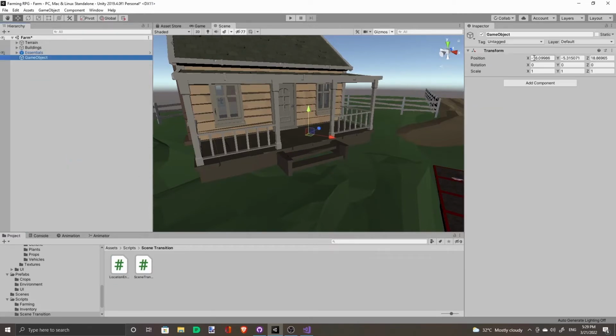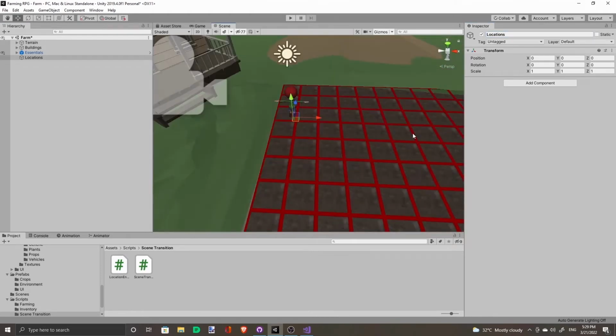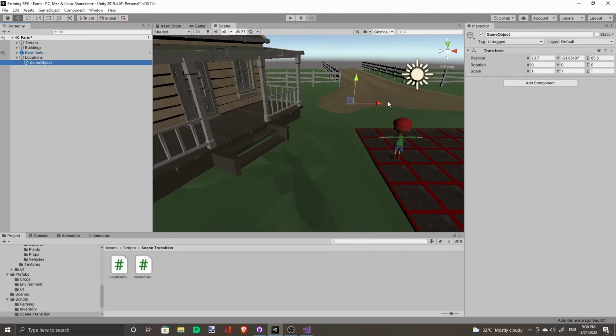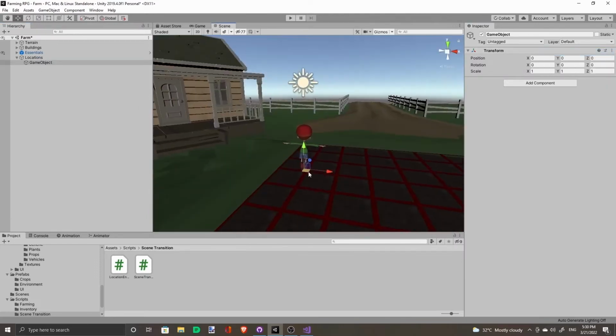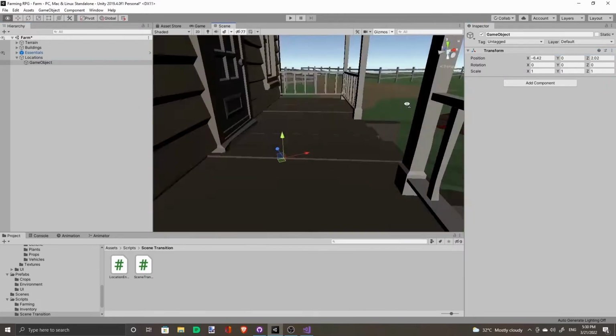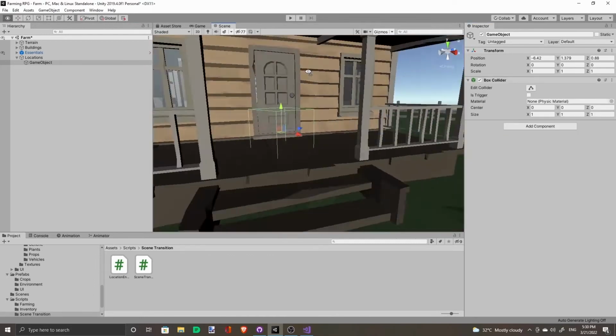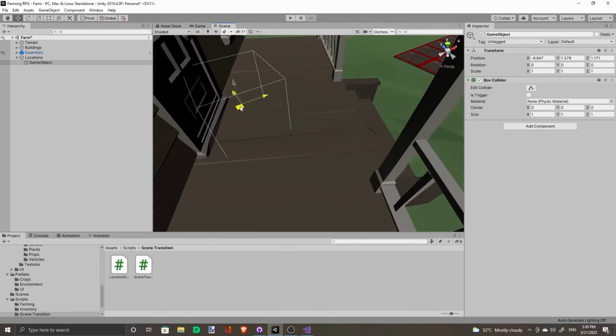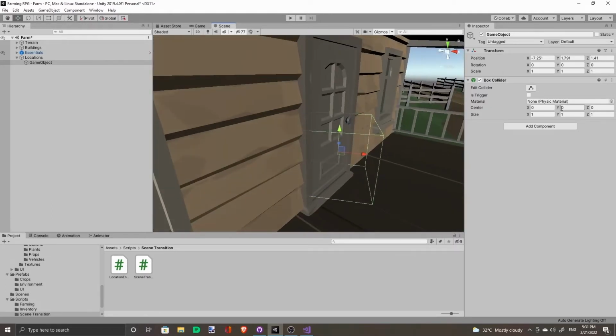Create a new game object, we'll call this locations. And this game object will keep track of all our locations. The player has a step here, and he will be transported into the house. Set this to a trigger.